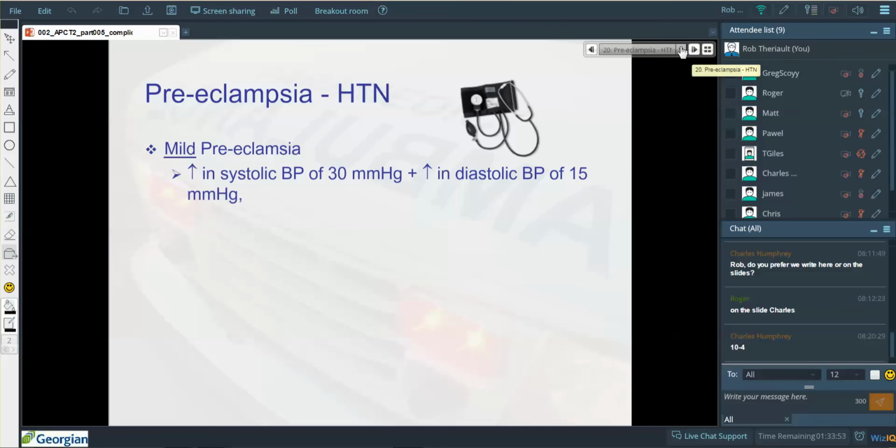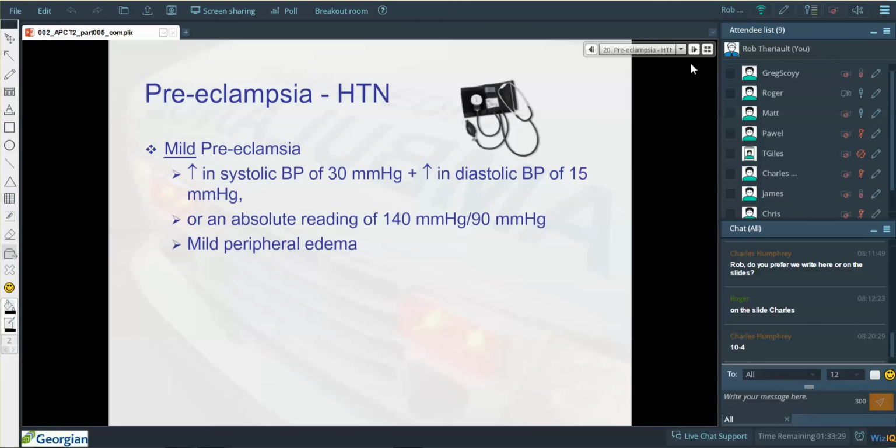So mild preeclampsia would be a relative increase in systolic and diastolic pressure of about 30 systolic and 15 diastolic, and/or an absolute reading of 140 over 90, which is the standard number for diagnosis of hypertension in non-pregnant patients. There may be mild peripheral edema, headaches, protein in the urine,